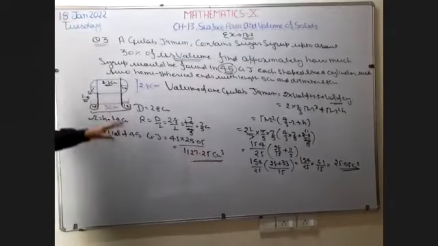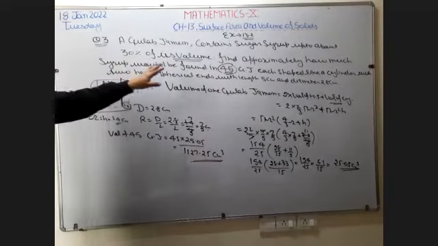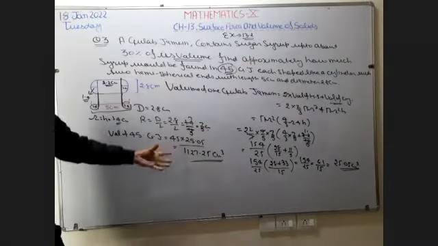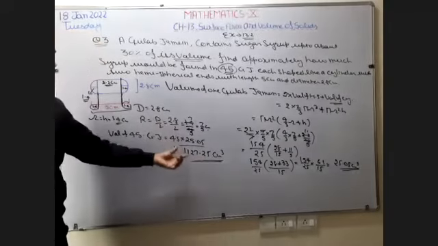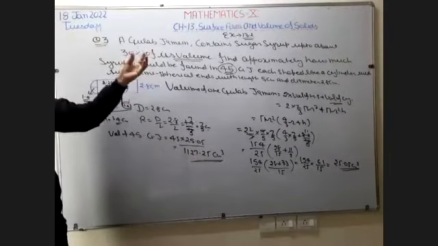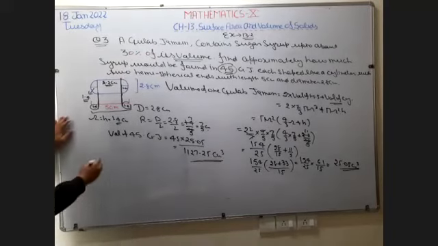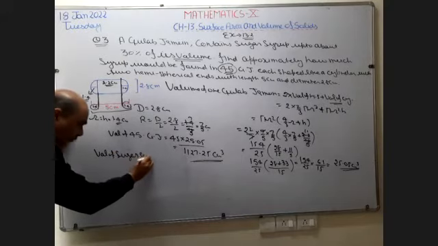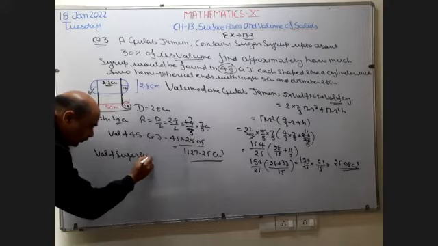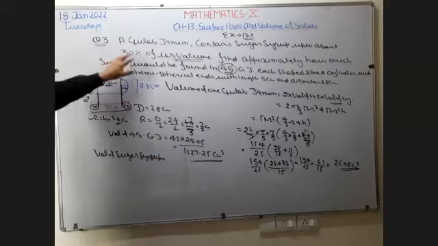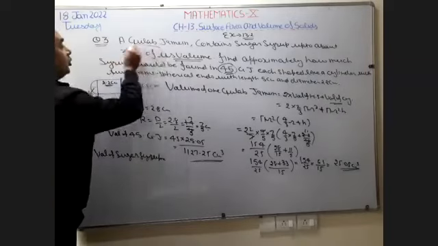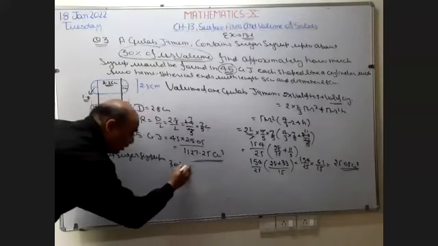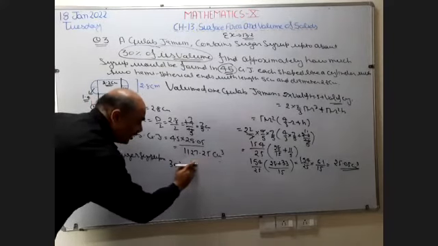Okay. Now in this question, what are we going to find? We are going to find the volume of sugar syrup, which is 30% of the volume of the gulab jamun. Now the volume of gulab jamun is with us. This is the volume of 45 gulab jamun. So right here, volume of sugar syrup. What is given? Volume of sugar syrup is equal to 30% of the volume of gulab jamun. So it means 30% of this volume.